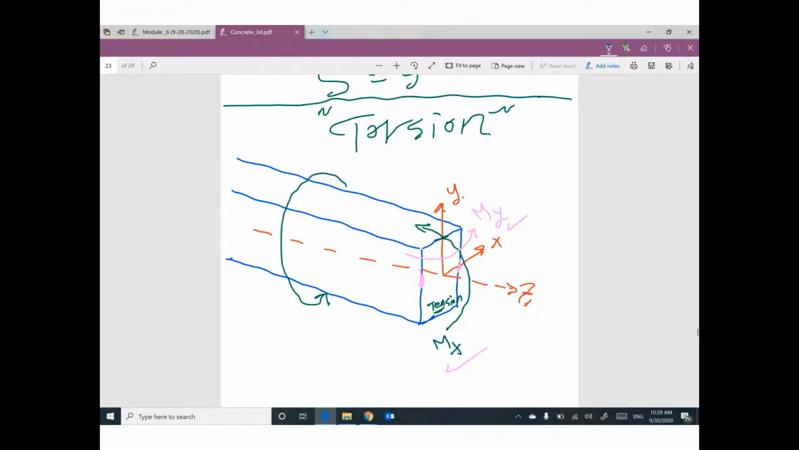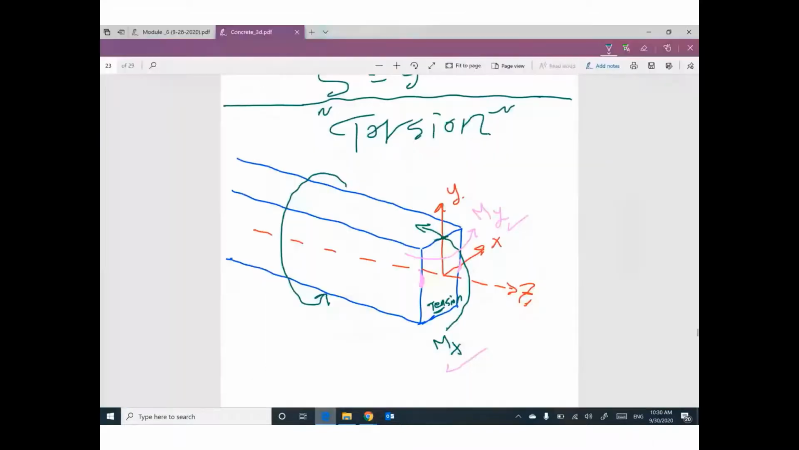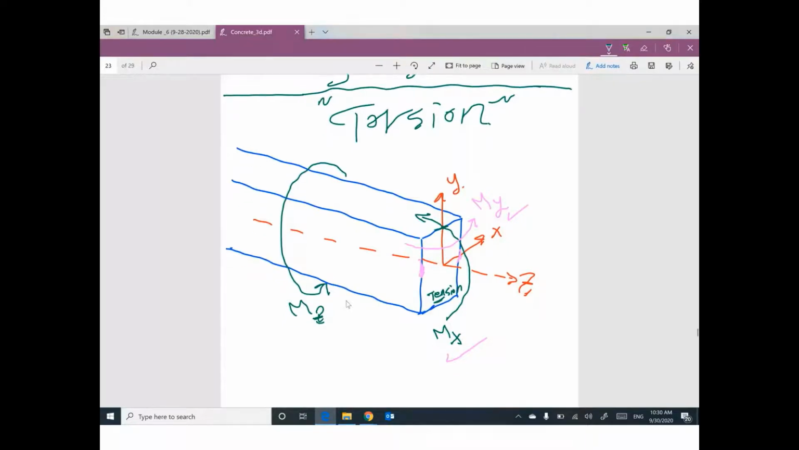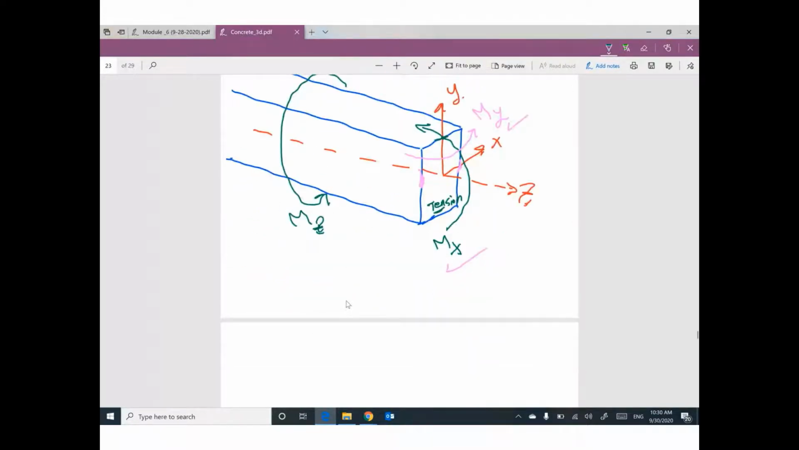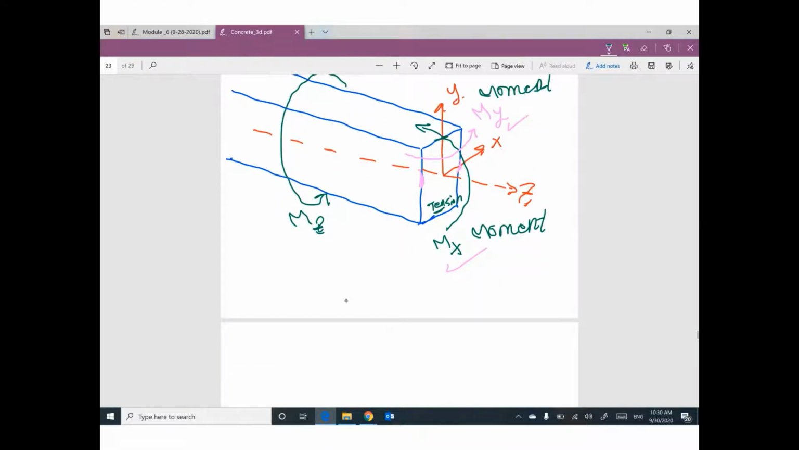This moment is rotating about what? Z. Perfect. This is called MZ. Let me define this moment a little bit. It's a moment. This one is a moment. And this one is a moment. And this one is also a moment. So all of them are moments, rotating. But the last moment is rotating about Z. Or in different words, moment